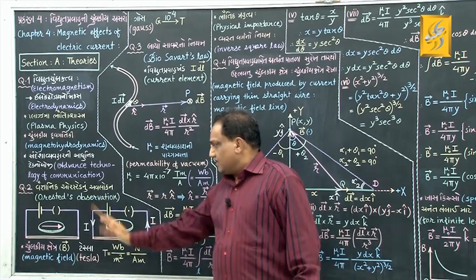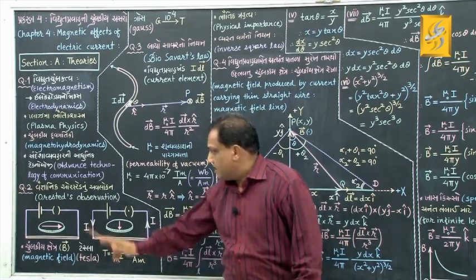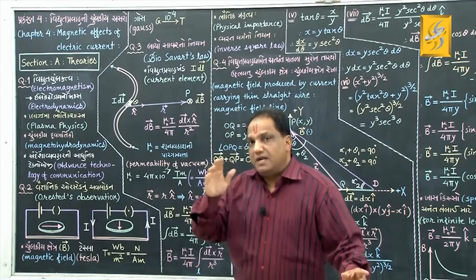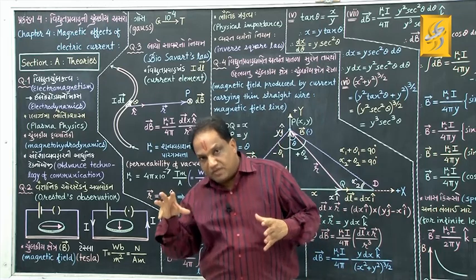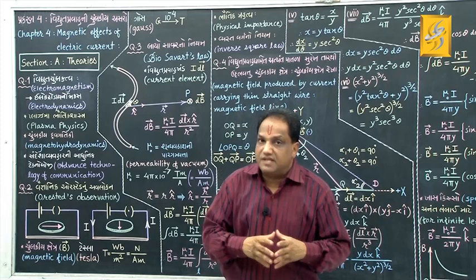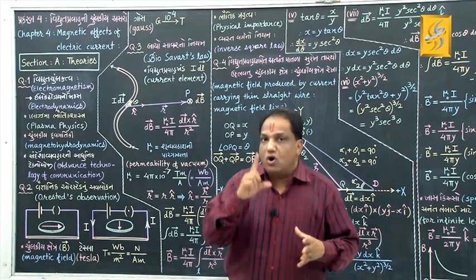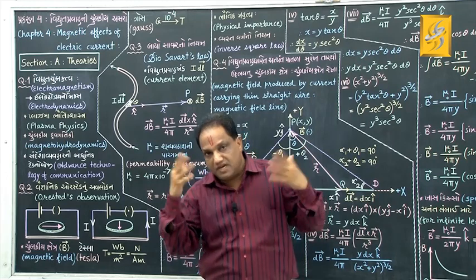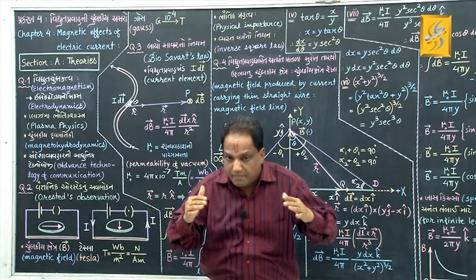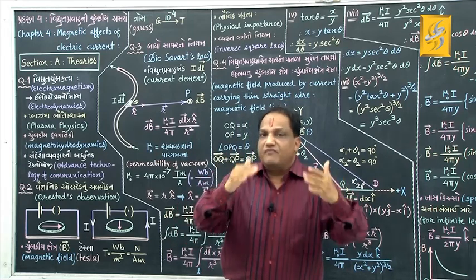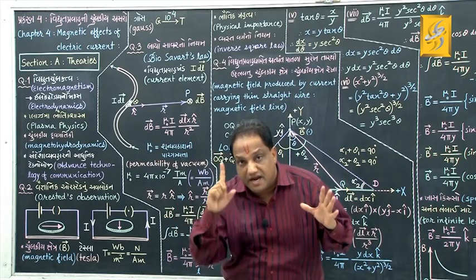So, this was the very important observation made by Mr. Oersted in the year 1819. Later on, the same observation was placed before the French Academy of Science in the year 1820, on 11th September, by Mr. Arago. There was another fellow, Mr. Arago. He had placed this observation for the purpose of verification before the French Academy of Science in the year 1820